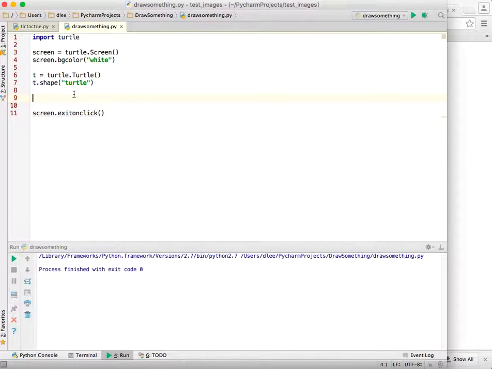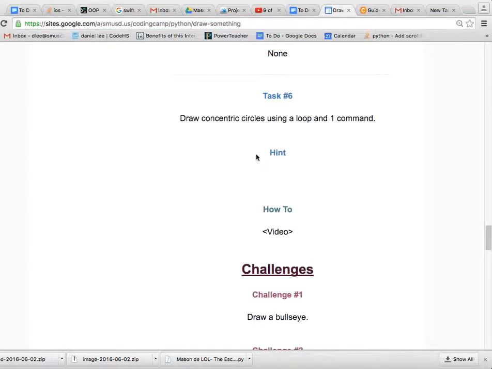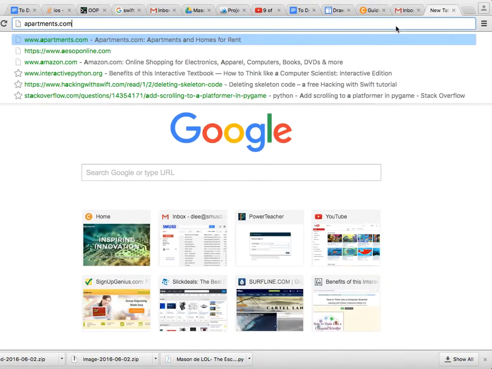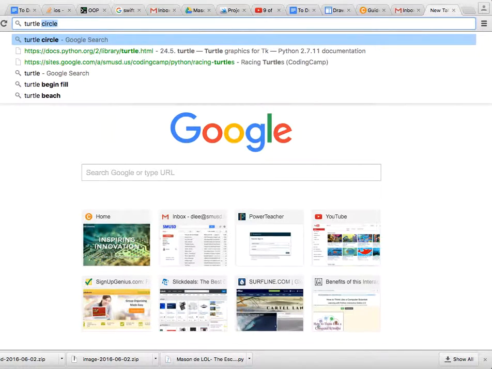So to get that started, what we would need to use is the circle function for turtle. And if you're not sure how that works, we can always go to Google, and this is what I want you to do as you're going through the tutorials. Here, for the hint you can highlight and say, okay, well, it uses an iterator. I'm not sure what that is, but it also uses the circle method. Right? So that we can definitely look up,